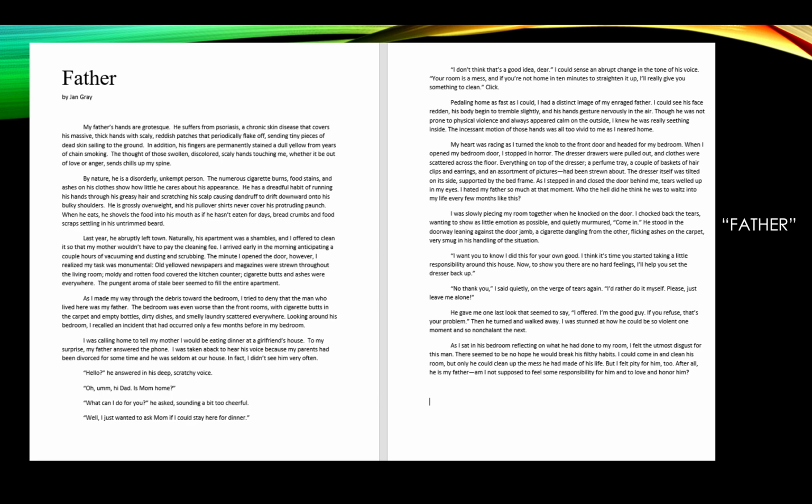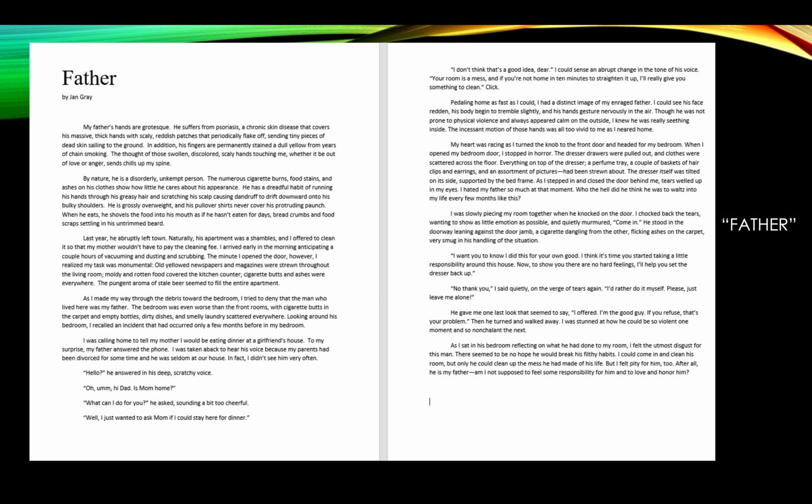So it goes from his hands to his body to his apartment to how he treats people. So he is gross. And so that goes to the dominant impression of the whole essay, that her father is grotesque. And that's the dominant impression. Through the whole essay, you are thinking, this guy is disgusting, right? That is her impression that she wants you to get.